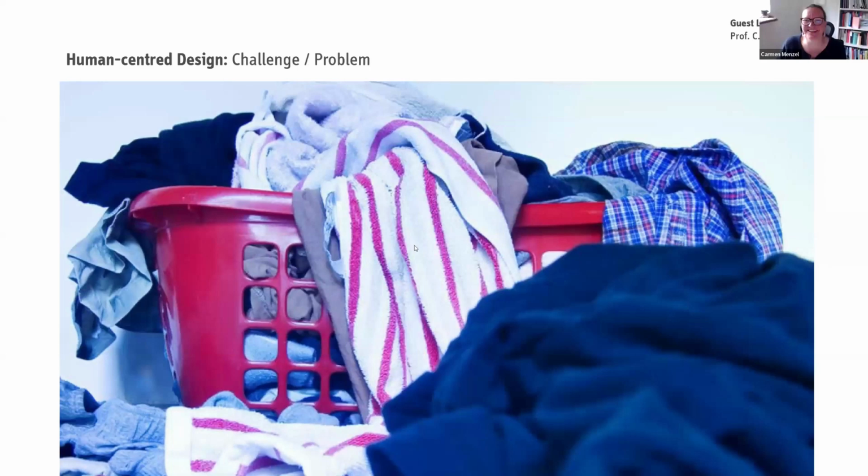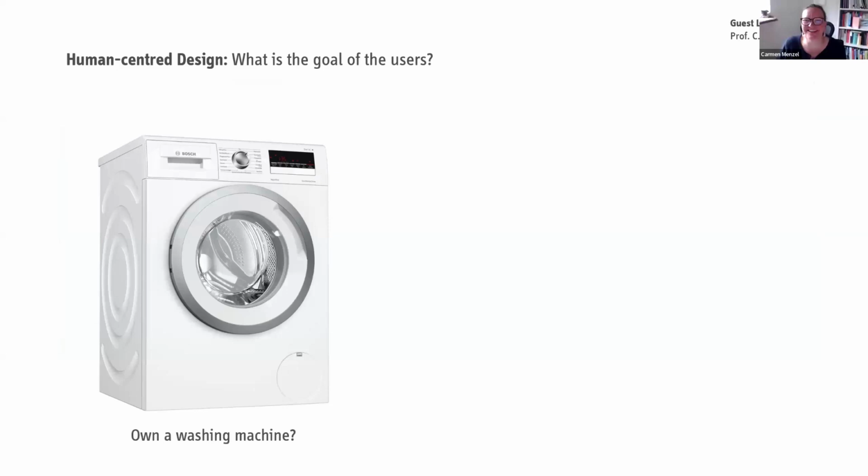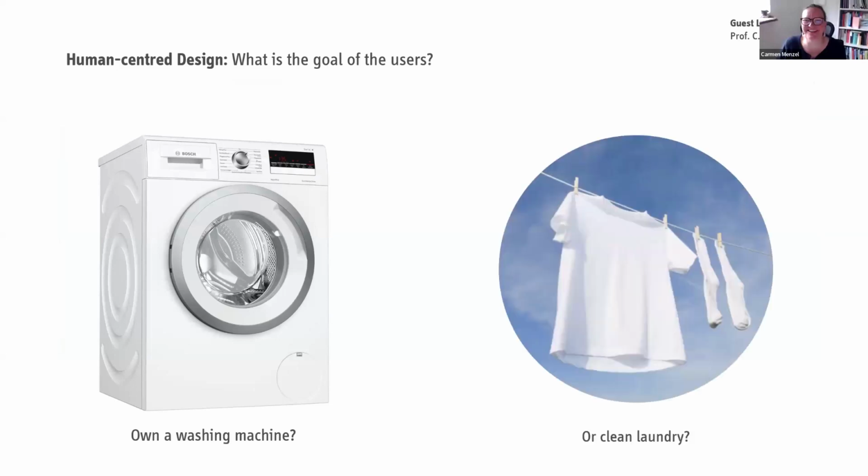relationships might suffer. So what is the goal of users? It's probably not owning a washing machine, right? A washing machine is just a very nice thing which helps and supports you to do your laundry and to get clean laundry and clean clothes. So your goal is usually that. And this is your tool you use to reach that goal. That means you have to